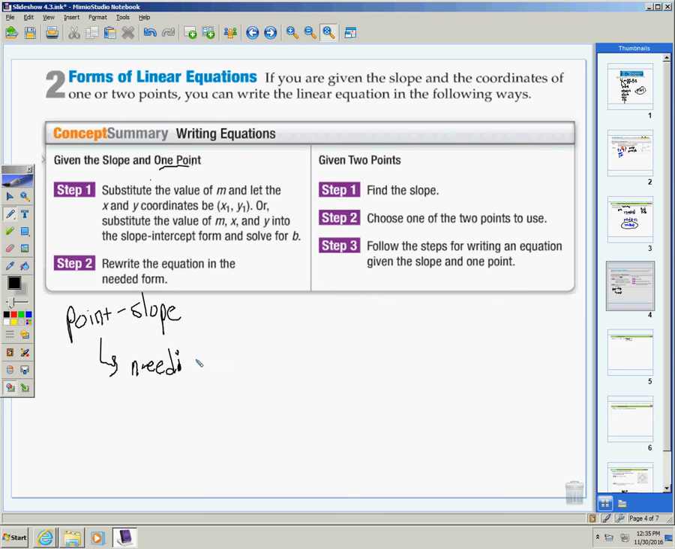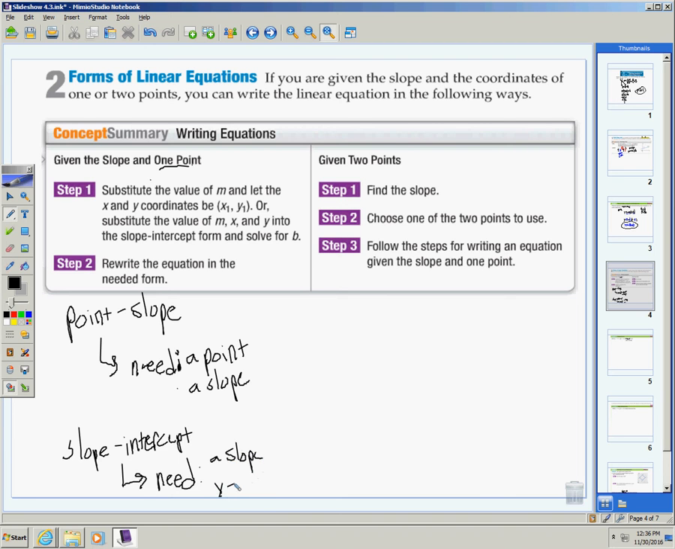a point and a slope, or you can use slope-intercept form, which you need a slope and a y-intercept. And after today, for this lesson I want you to be using point slope